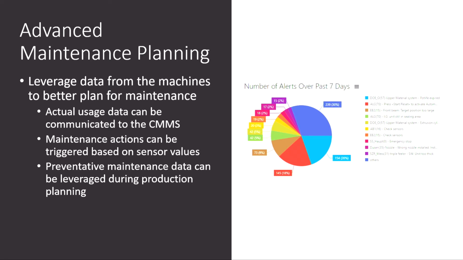So, hey, I know that I can get so many linear meters out of a grinding wheel, so when I get to within 80 or 90% of that, I want to flag a warning so I know that there's going to need to be a grinding wheel change out, and I'm going to plan for that machine to be down.